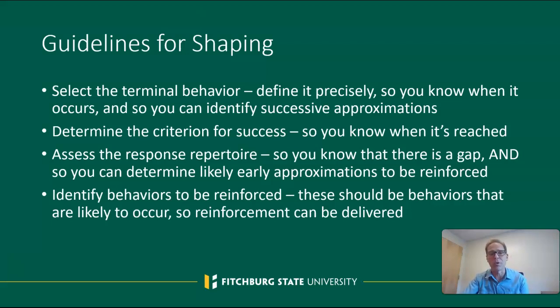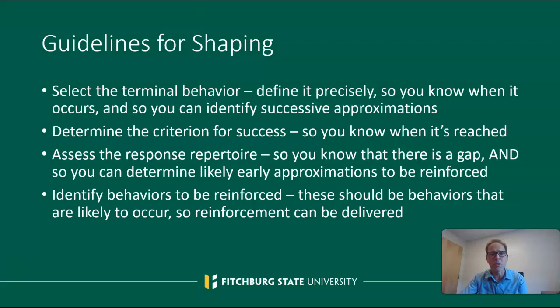Again, so that we know when we've reached that terminal behavior at a sufficient criterion for success. Next, we want to assess the actual response repertoire that the learner currently has. And this does a couple of things for us. Number one, it lets us determine if there actually is a gap. Maybe the learner actually already has that terminal behavior in their repertoire, in which case there's certainly no need for a shaping procedure. But assuming that we find that there is a gap between what's in the learner's repertoire and